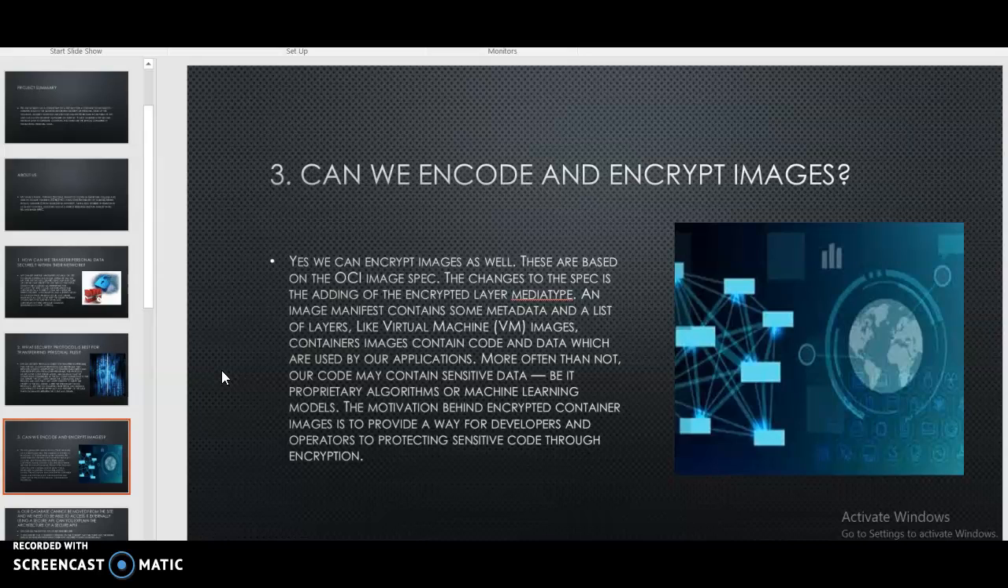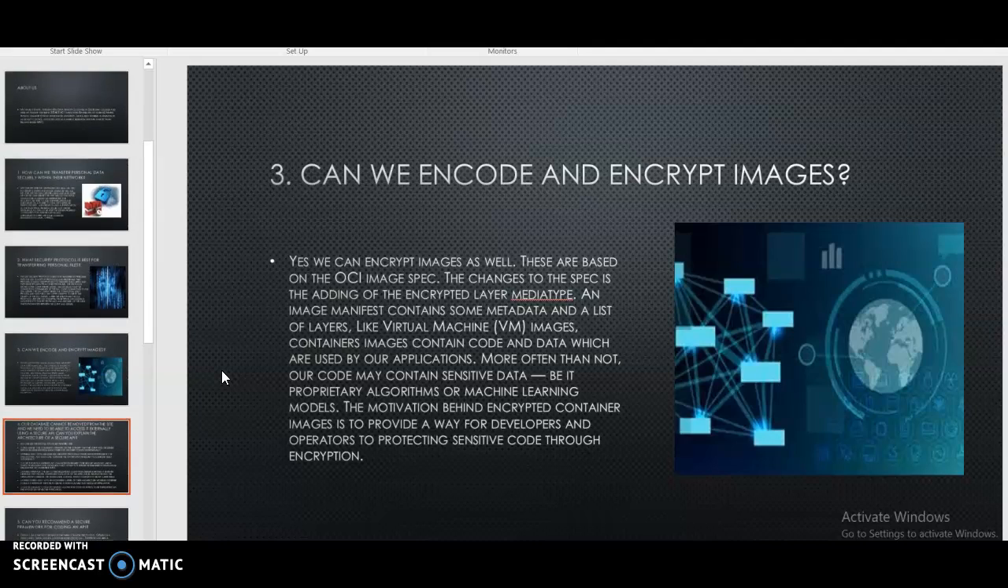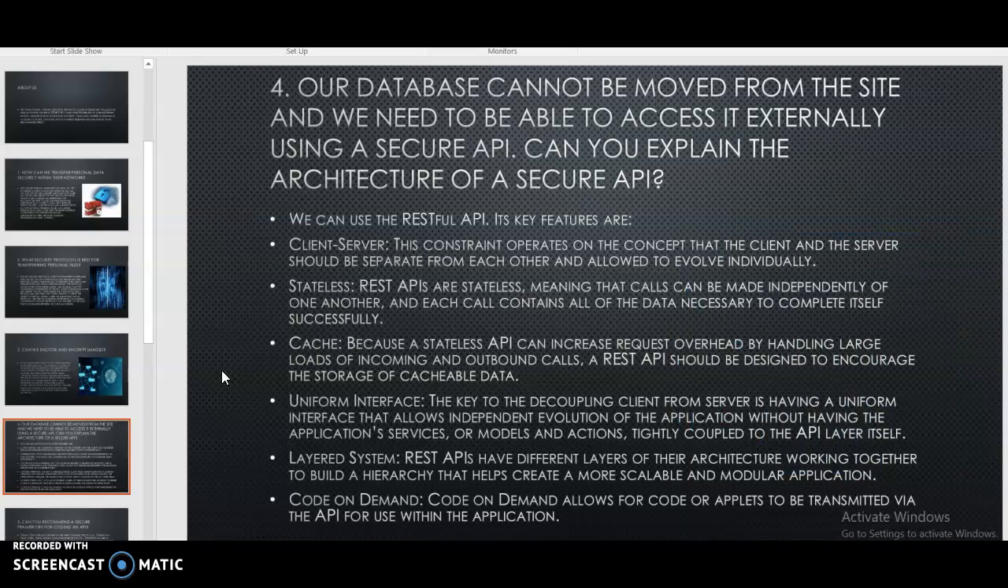Images contain code and data which are used by applications. More often than not, our code may contain sensitive data, be it a proprietary algorithm or machine learning model. The motivation behind encrypted container images is to provide a way for developers and operators to protect sensitive code through encryption. My fourth question is,